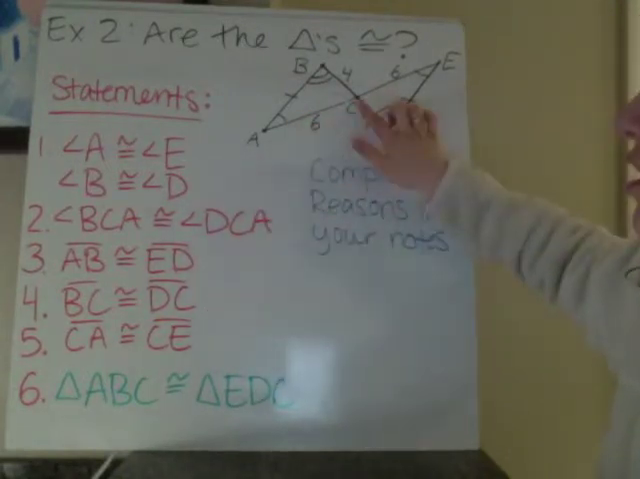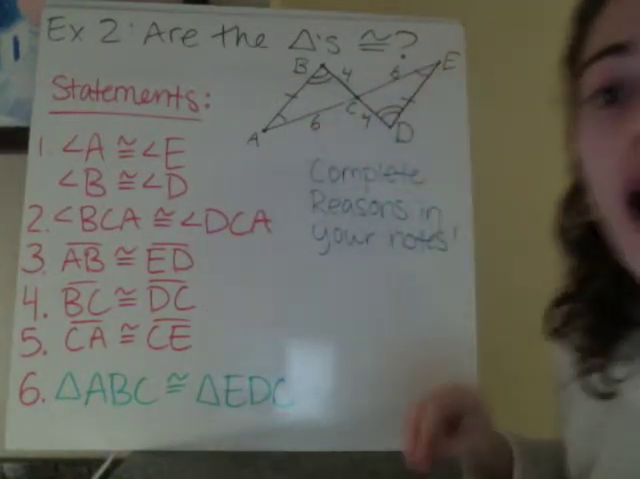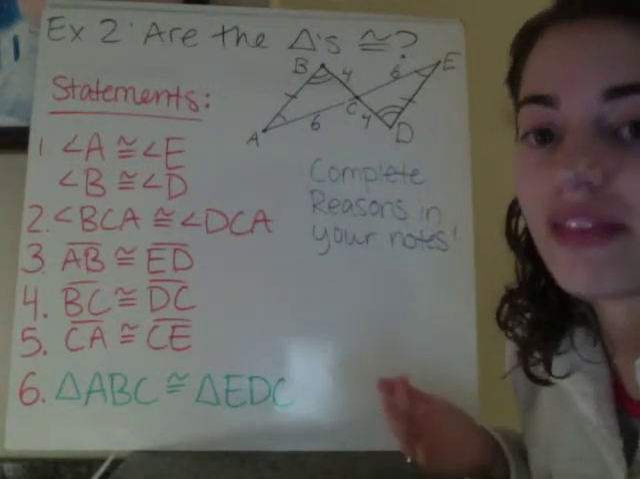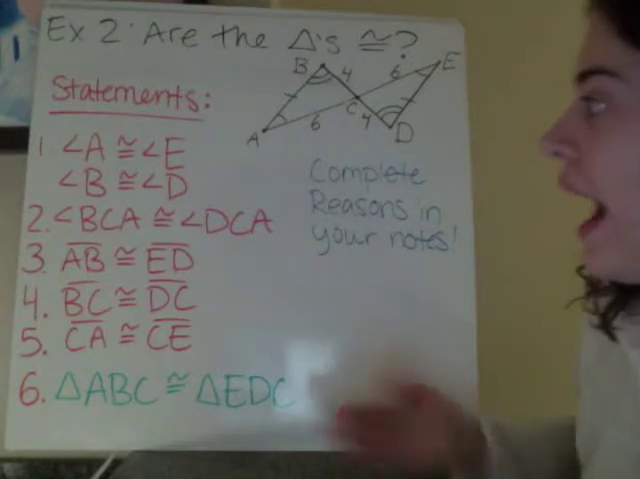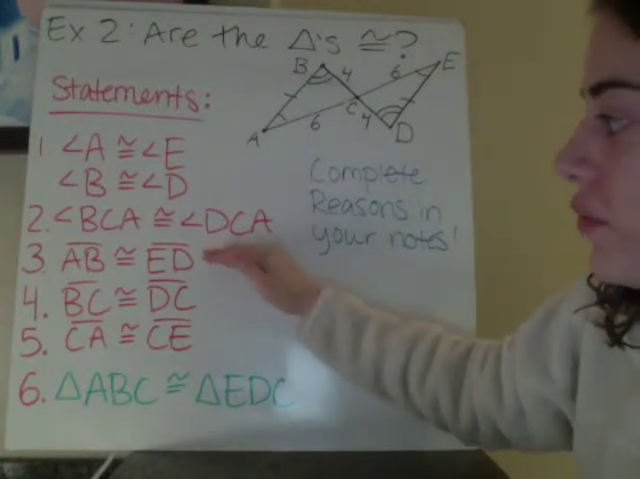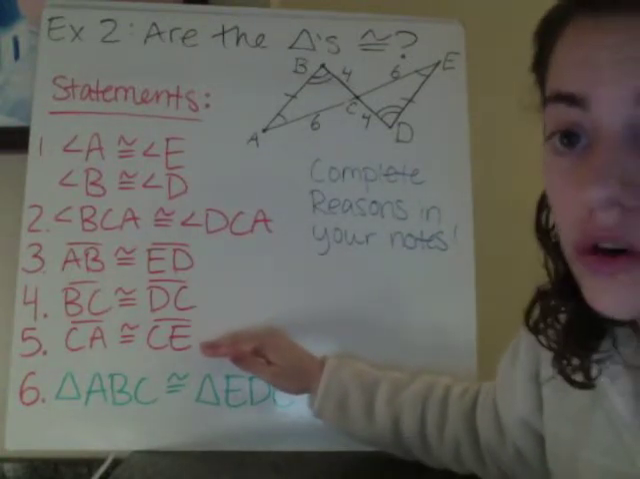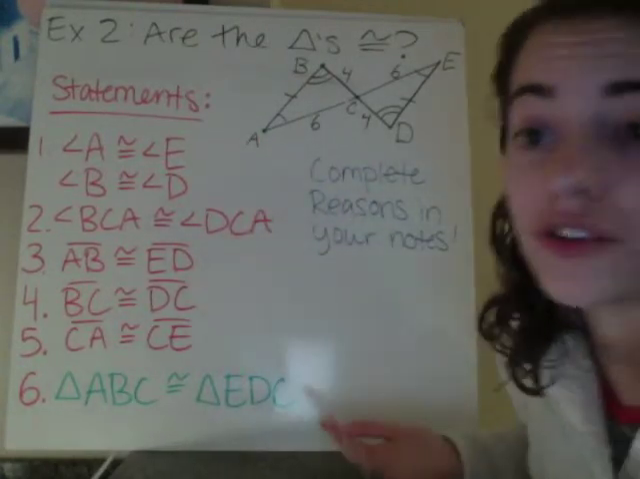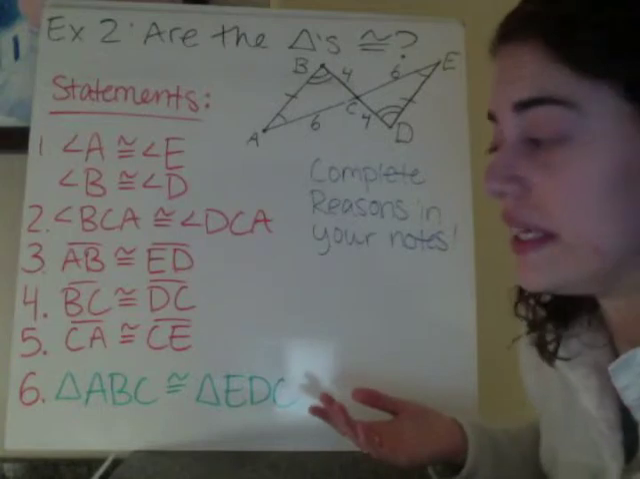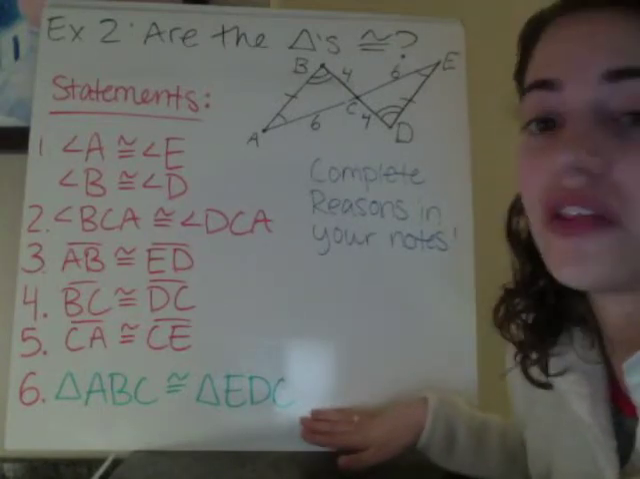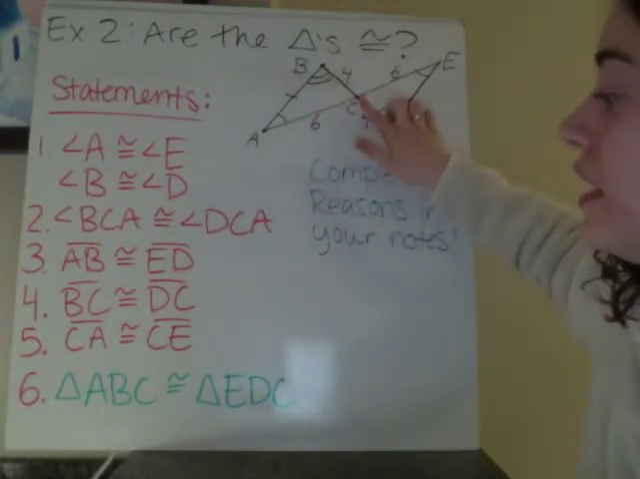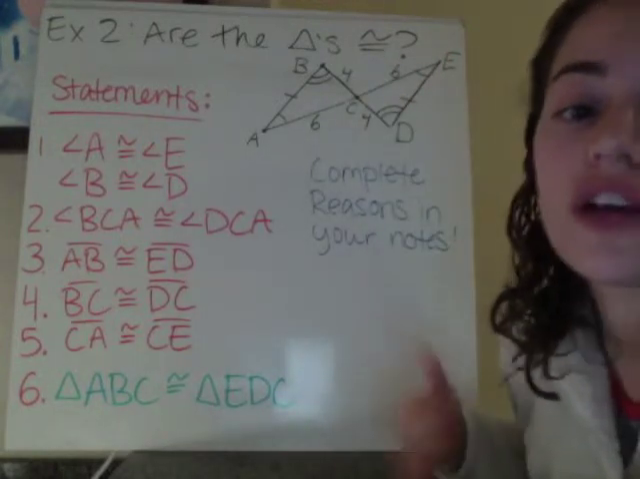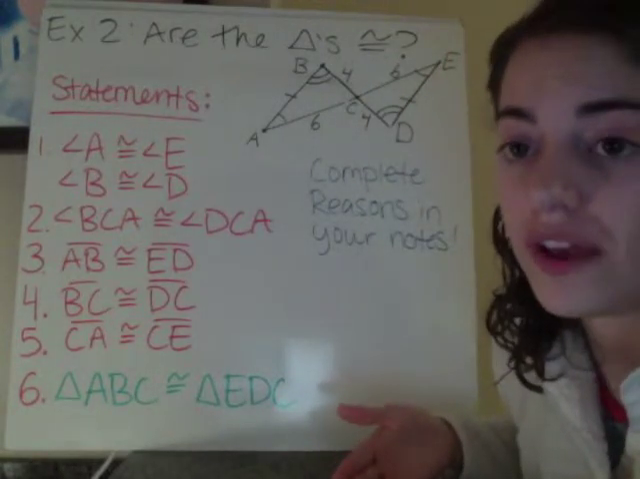CA, my fifth statement, is congruent to CE. Again, that's given because they're both labeled with a length of 6. I have confirmed that the 3 sides are congruent and that those 3 angles are congruent. Triangles only have 3 sides and angles, so we're in business. I can now conclude that triangle ABC is congruent to triangle EDC because all 3 sides and all 3 angles